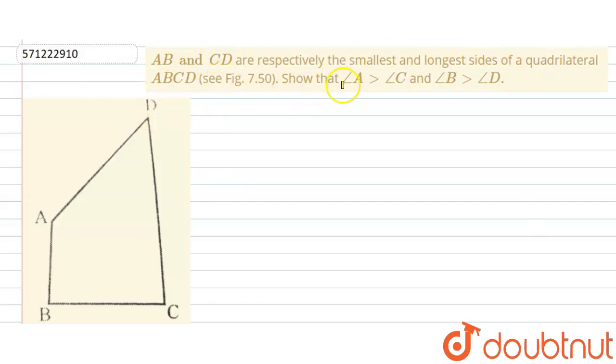The question says AB and CD are respectively the smallest and longest side of a quadrilateral ABCD. We have to show that angle A is greater than angle C and angle B is greater than angle D. So for doing that, first there is a property of a triangle that says that angle opposite to